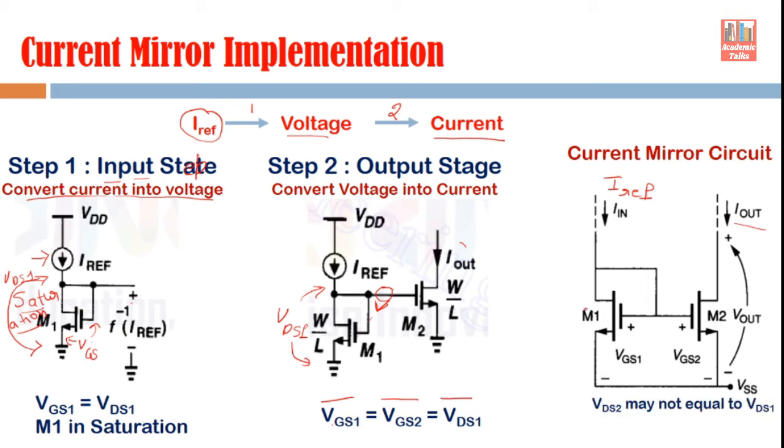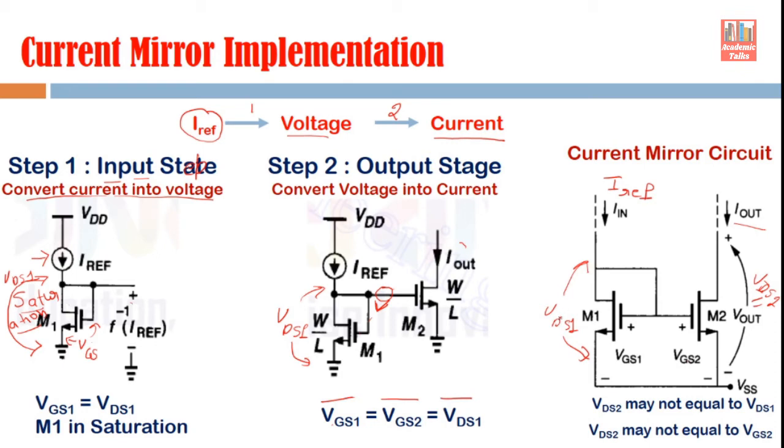So in this circuit you see VDS2 is actually your V out. So this is your VDS2, right. So this VDS2 is your output, the drain source voltage of the second device. This is your output voltage, right. So this VDS2 may not be equal to VDS1. Your VDS1 is here. So VDS1 and VDS2 are not the same. But remember, this is VDS1, okay. So this VDS2 may not be equal to the gate source voltage.